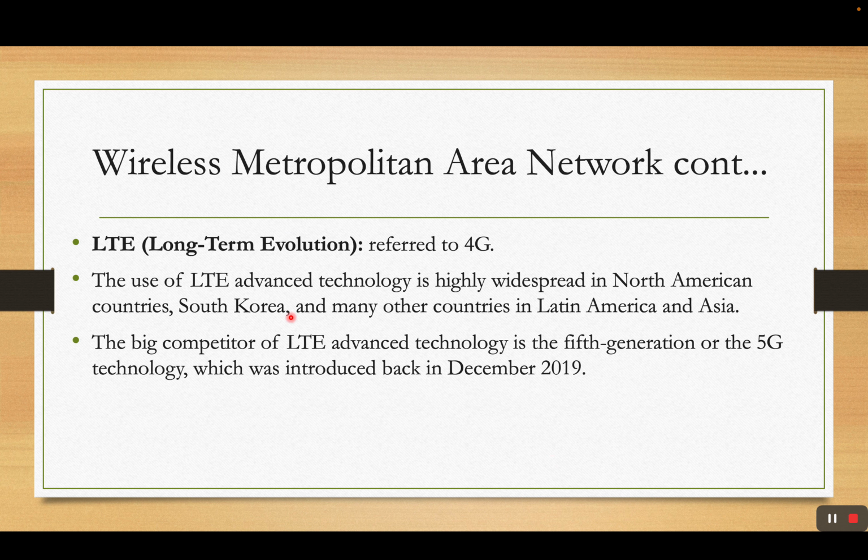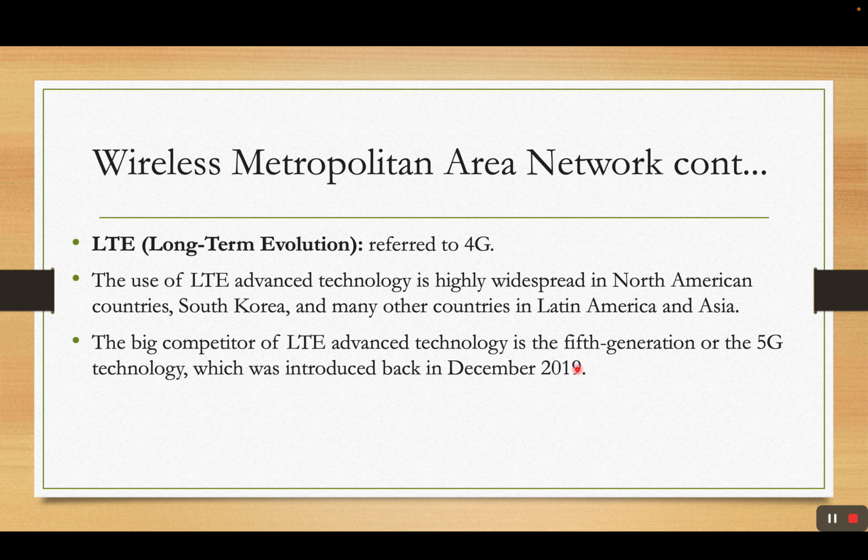Now, here we have the LTE, long-term evolution, referred to as 4G. The use of LTE Advanced technology is highly widespread in North America, South Africa, and many other countries. The big competitor of LTE Advanced technology is the fifth generation, which is 5G, which was introduced back